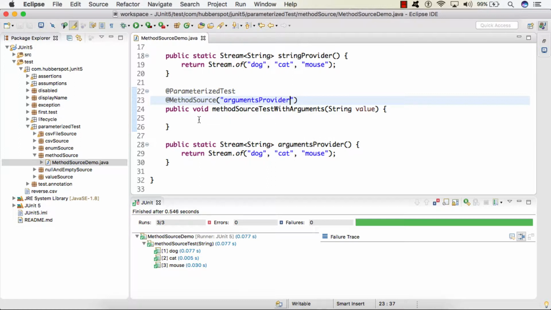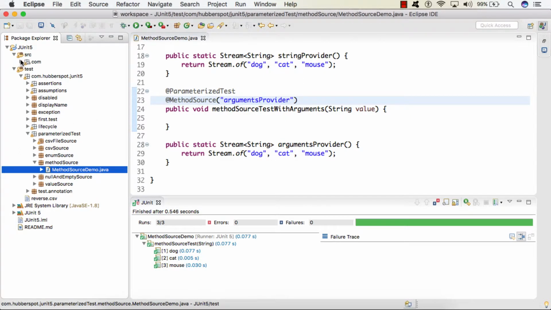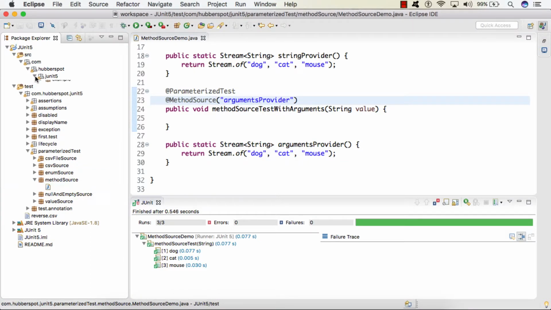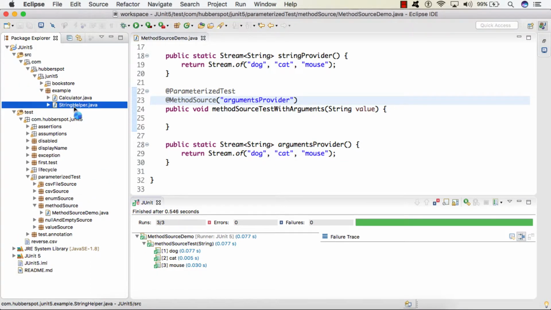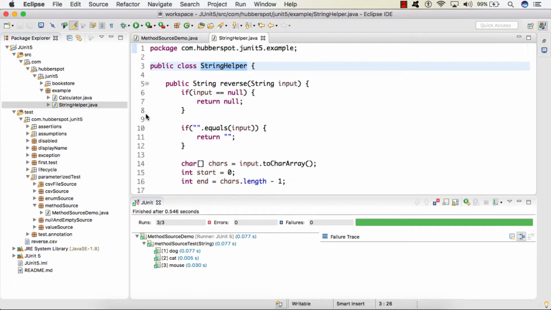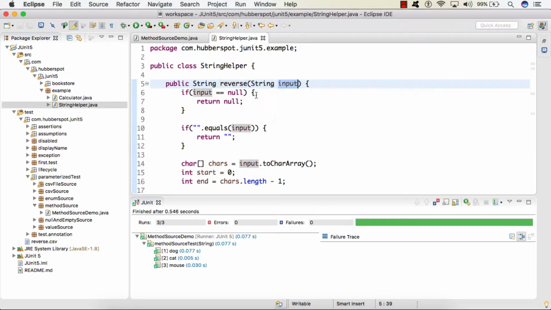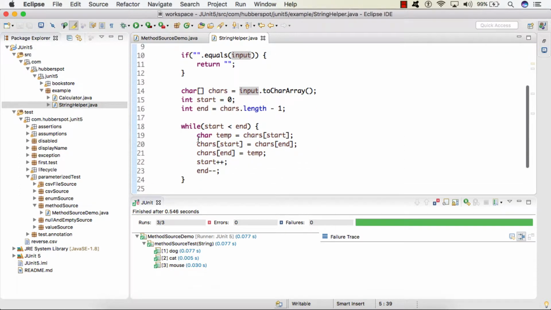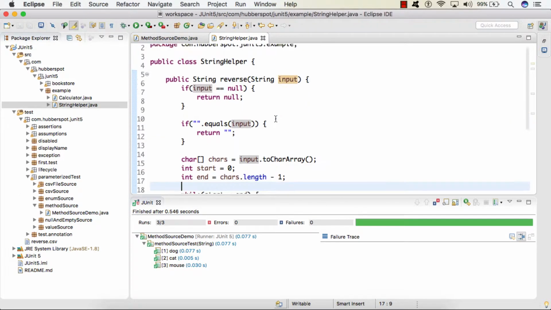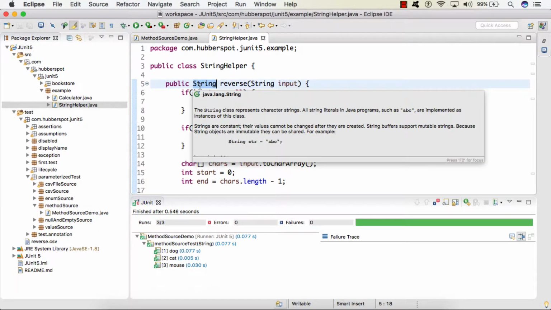So friends, in our previous lecture we created one class by name StringHelper which had a method reverse. So this reverse method took a string, it simply reversed the string and returned it back to us.